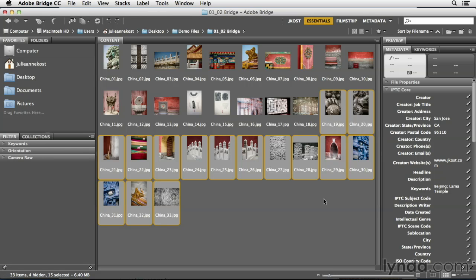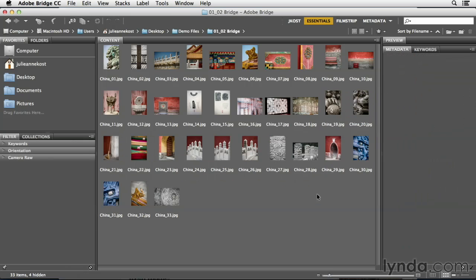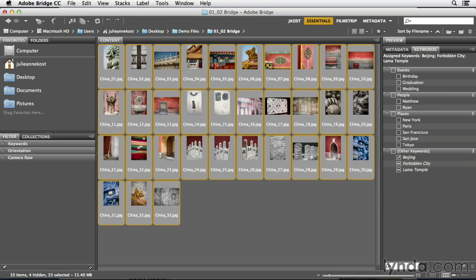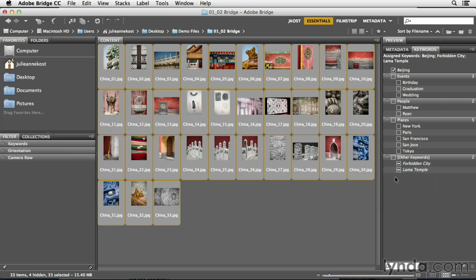But there's also a keywords panel. So let's deselect all of our images and then click on the keywords panel. Because we don't have any of our images selected, it doesn't look like we've added any keywords. But if I do select all of my images, you can see that we've added 3 other keywords. If I want to promote these keywords so that they show up like the other default keywords, all I need to do is drag them out of the other keywords area. If I click and drag down and then release my mouse,